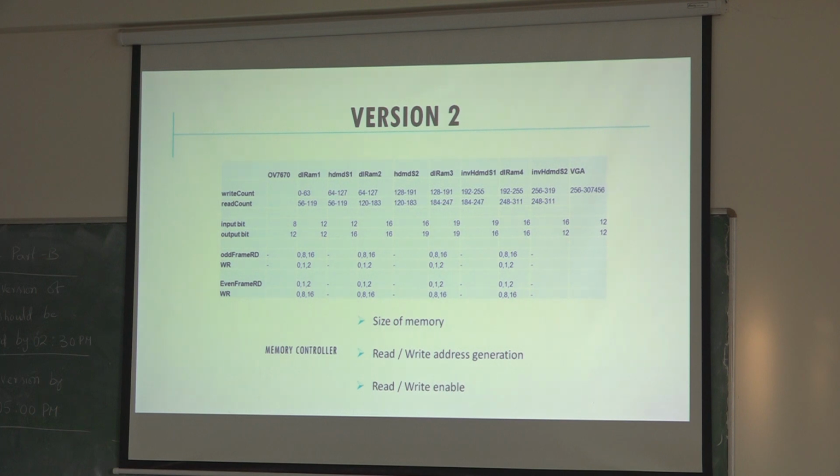The first 1D Hadamard transform of the first subframe, the output will be available at the 64th clock cycle. Similarly, the read count for the second stage Hadamard transform is 120. Here 128 for the second stage. So here also 120, then DL3 again 8 shift, then inverse Hadamard for the DLRAM and the other thing. So at last for the VGA, at 256 clock cycle, the first pixel is sent to the VGA frame. But here if you look at it, the major thing is the architecture for it.